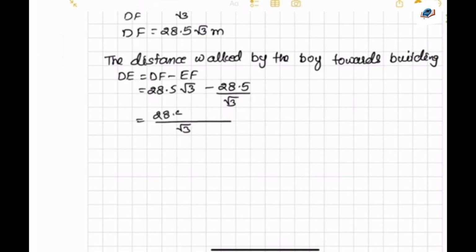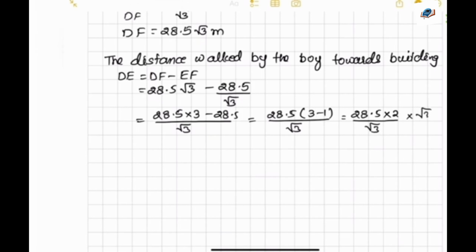So if we have root 3 as common denominator, this will be 28.5 into 3 minus 28.5. That is 28.5 into 3 minus 1 upon root 3. So that will be 28.5 into 2 upon root 3. So if I rationalize the denominator also, multiplying both numerator and denominator by root 3,